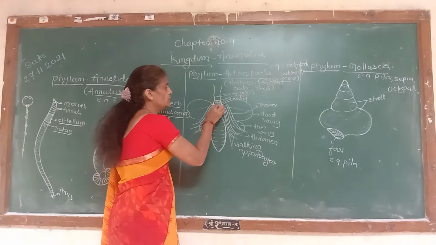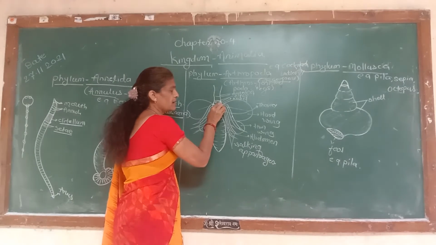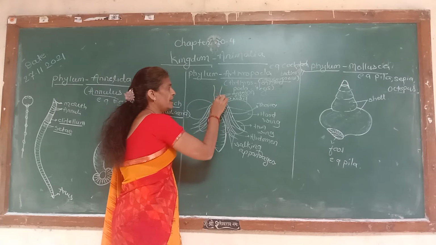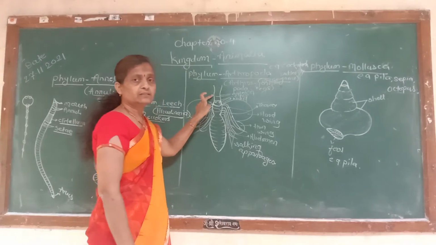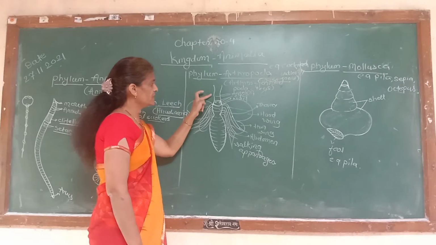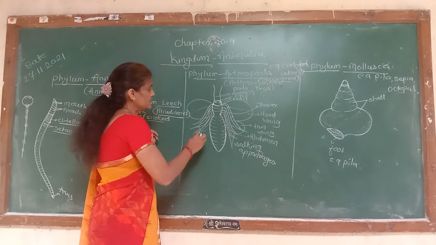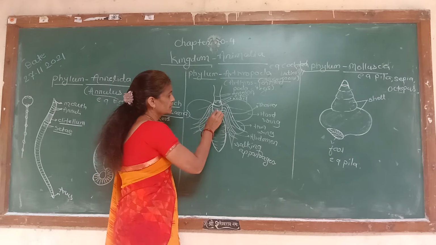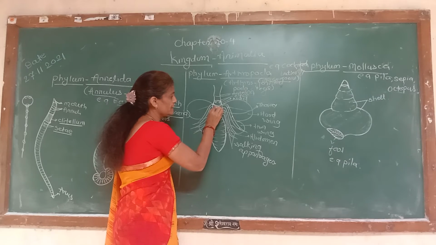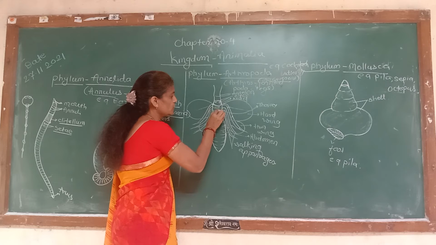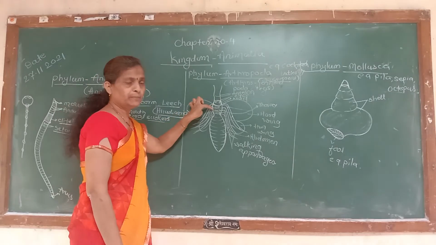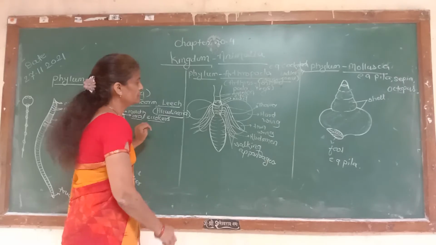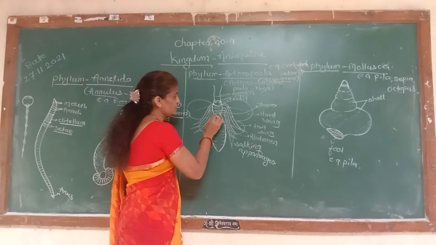Head consists of two eyes. The eyes are compound and paired antennae are present. These are the sensory organs, the sensory part of the body. Second is the thorax. Thorax shows three compartments: prothorax, mesothorax and metathorax. Pro means first, meso means middle and meta means third. These are the three segments of the thorax: